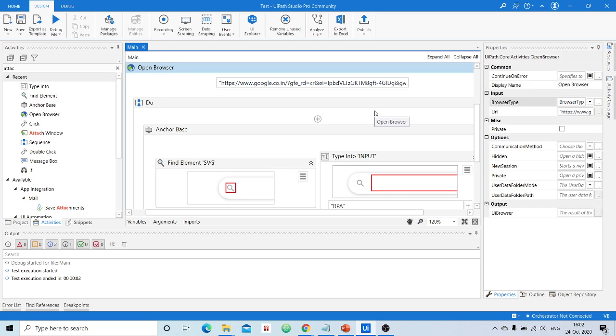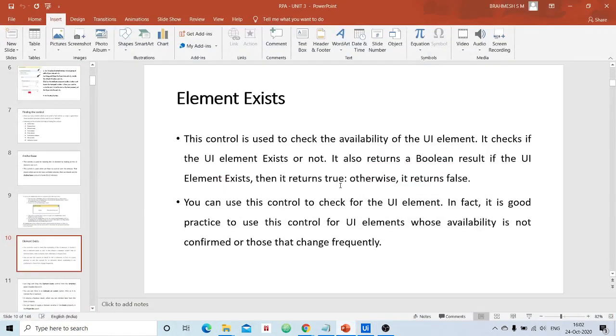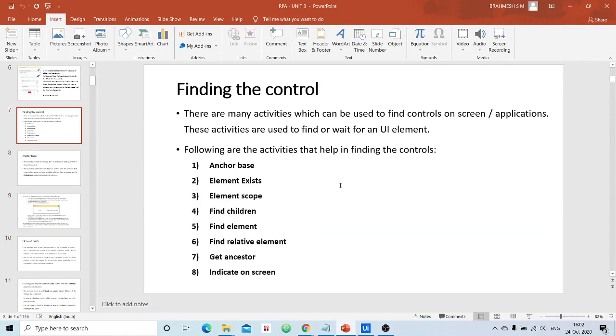In those cases you will better understand and appreciate the actual need of Anchor Base. Clear? So with this I will stop today's class, and in the next class we shall go ahead with the other activities which are used to find the control, like Element Exists or Element Scope and so on. So thank you one and all.